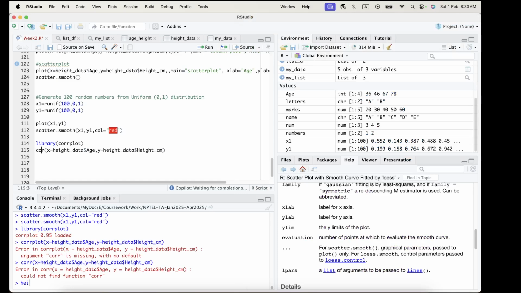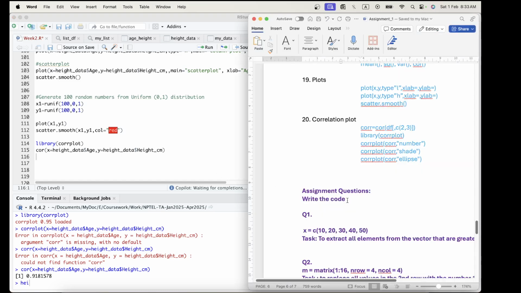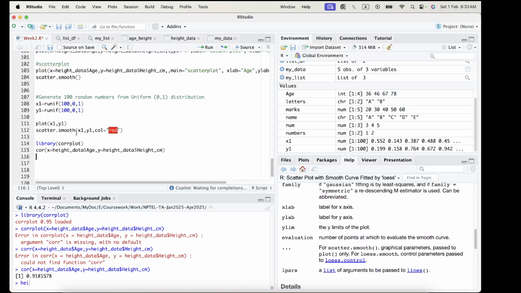Sorry, it's going to come this thing. Alright, and let me store this as correlation, and if I just type this thing,